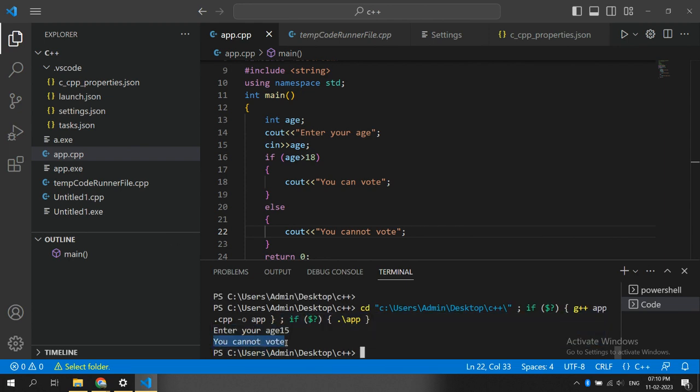So this is how we check multiple conditions inside the if statement, and we write an appropriate output to the user. Okay, so let us learn about this